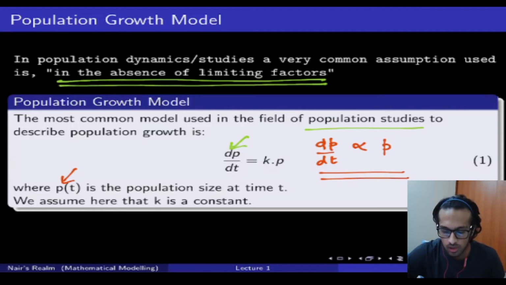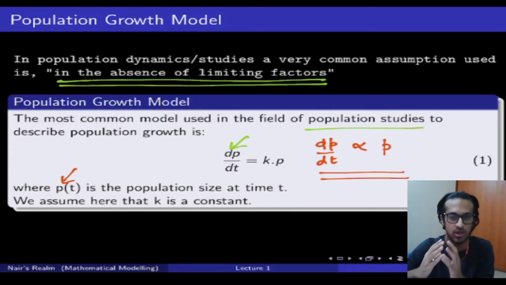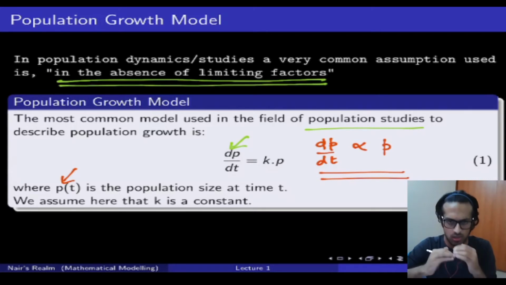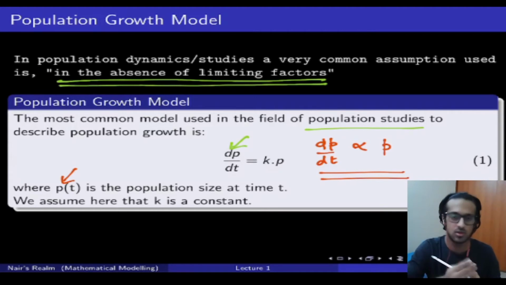So now this is the mathematical model, but what do we get from this? We have seen the problem. The problem is about the population of the world. This is not in today's scenario as such. It was some time back when there were no limiting factors, which is the assumption. So we have understood the problem, we have understood the assumption, and we have used a particular mathematical tool, which in this case is an ordinary differential equation.